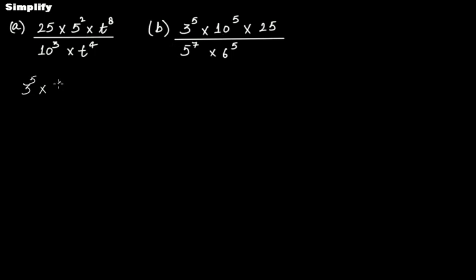This is 10, so write it as 2 times 5 to the 5th power, and this is 5 times 5. We can write 25 as 5 times 5. So this becomes, now this is 5 to the 7th power, keep it as it is, and then this 6